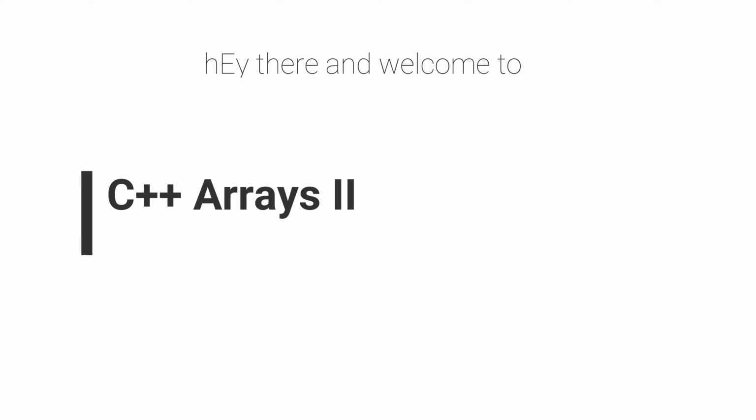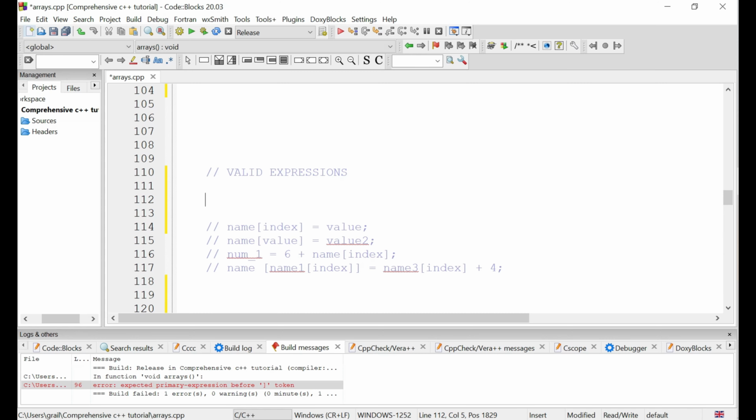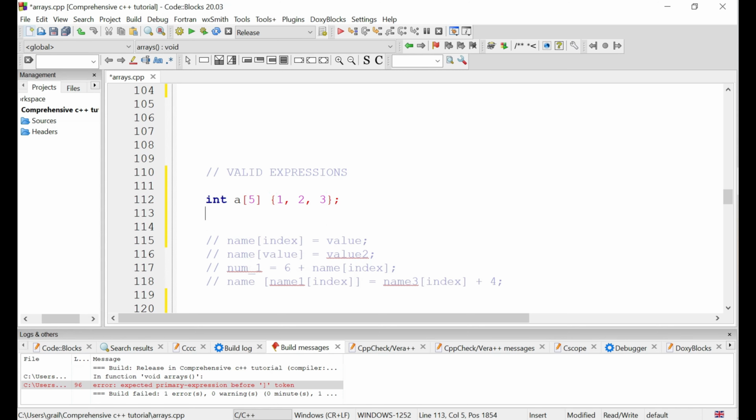Okay, so now let's look at some valid expressions when using arrays. So I'll just go ahead and create two arrays: int a of size 5, and I want to put in 1 2 3. Let me just leave it at 3. Then I can have an int b of size 7, and I stopped at 3, so 4 5 6 7 8